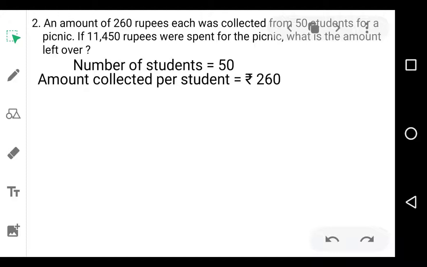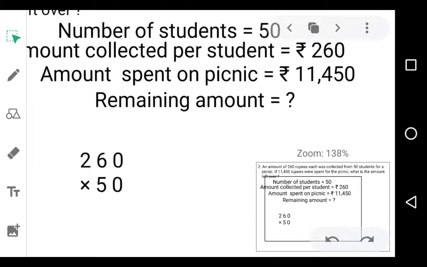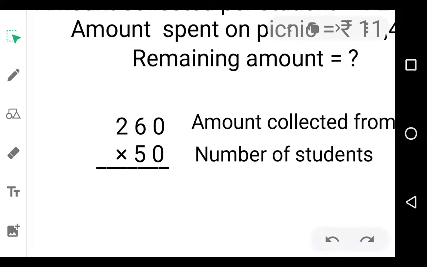For finding total amount, what we have to do? We have to multiply 260 by 50. Let's multiply it. If we multiply 260 by 0, we get 0. Now we have to multiply it by 5. We multiply 260 by the next digit, so we write first 0,